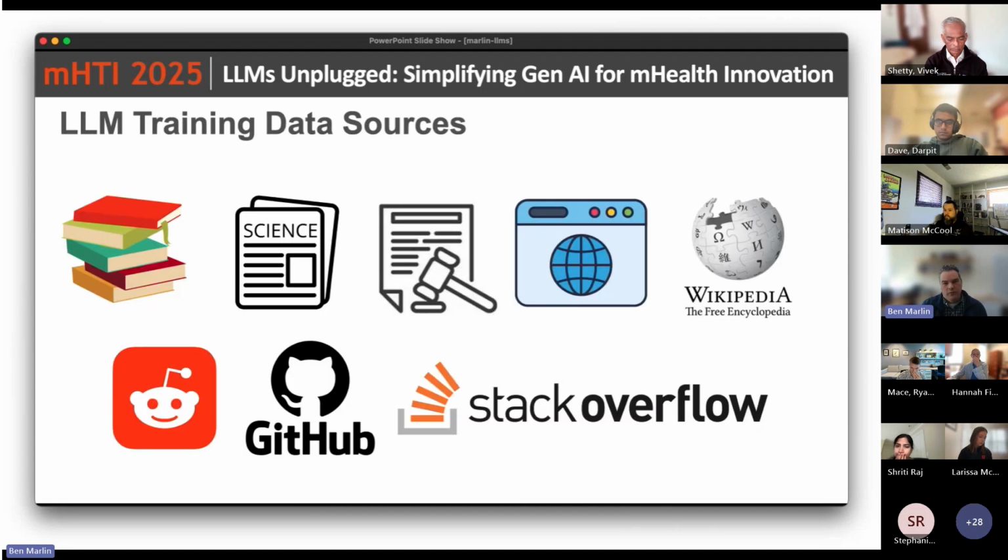Okay, so in terms of training data sources, again, we might expect something like 2 to 3 tokens per word on average. So the number of words of data that are being used to train these models is just gigantic. Meta and OpenAI and the different players in this space have basically accumulated data sets of all open data. So things like open books, science papers, so research articles that are available on the web, legal documents, patents. The data sets typically include a common crawl of the entire web, all of Wikipedia, Reddit posts.